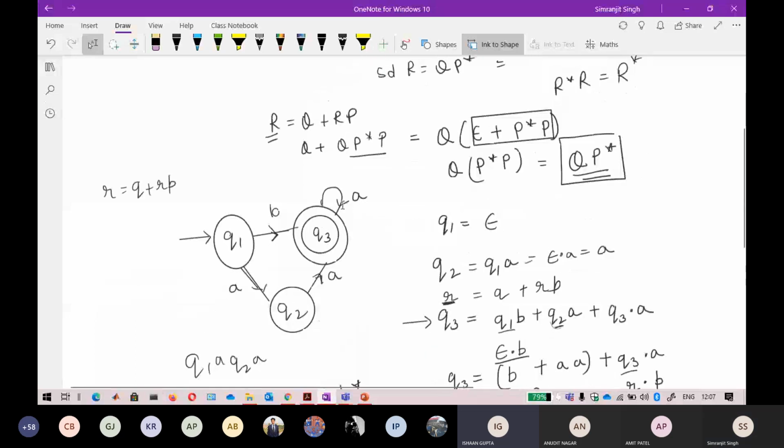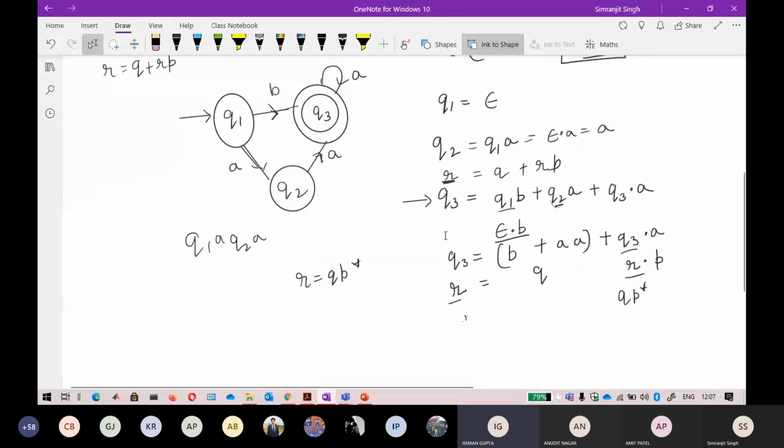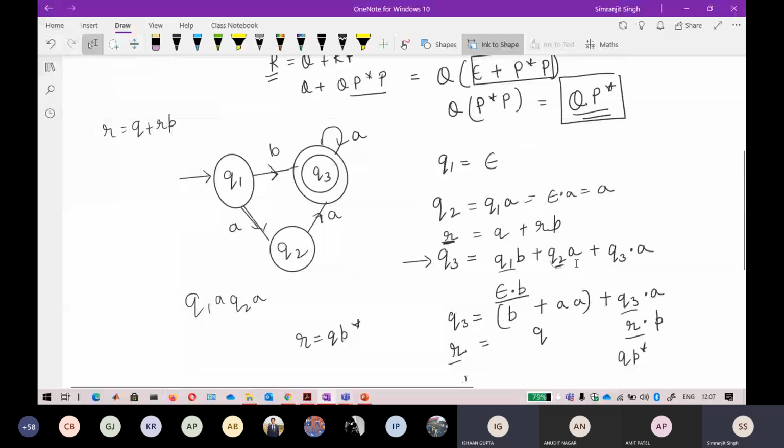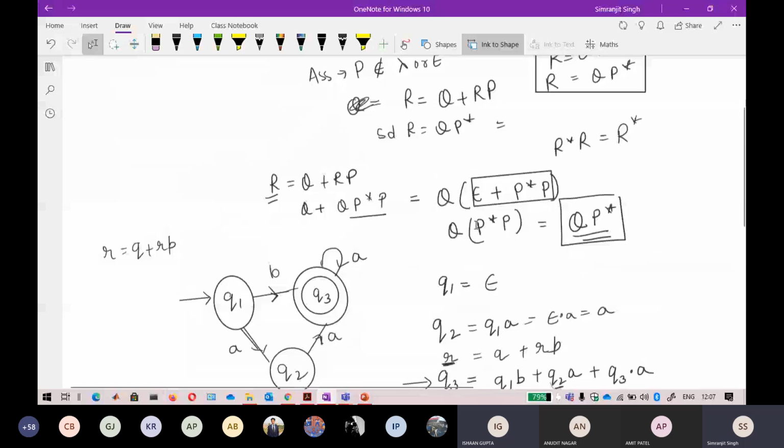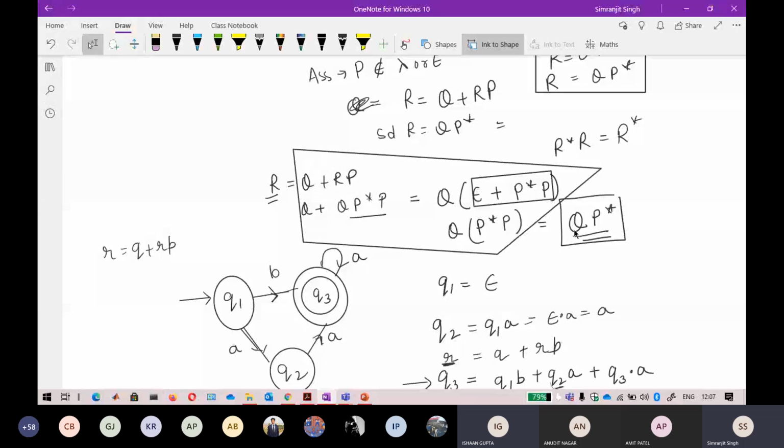Because Q is coming again and again. So how come it's only one Q? No, no, you don't understand it. The solution of this statement I have already told you. So this is the solution. If you replace it, I have to again follow these steps, and again you will get the solution to be Q plus R.